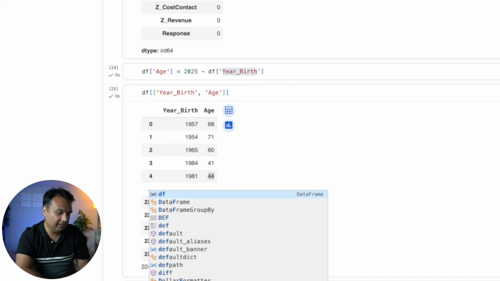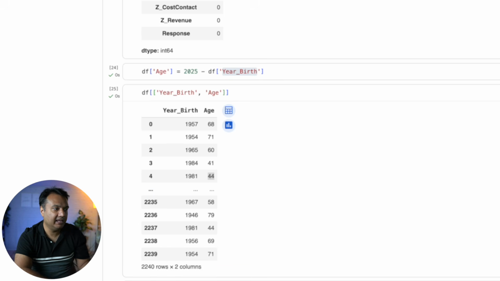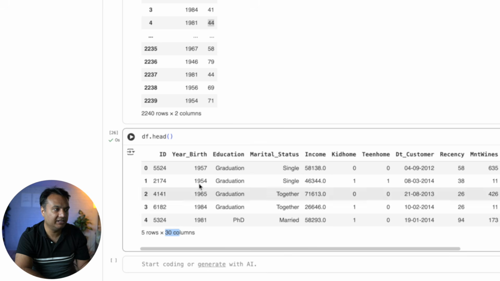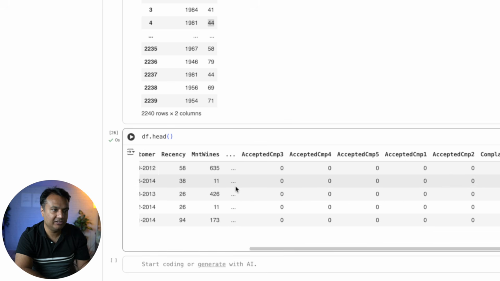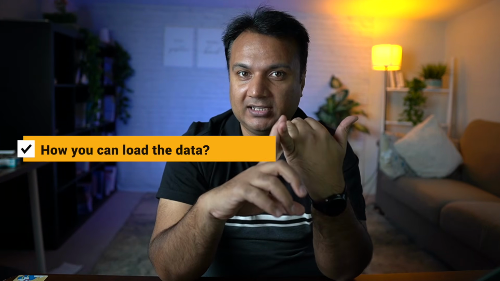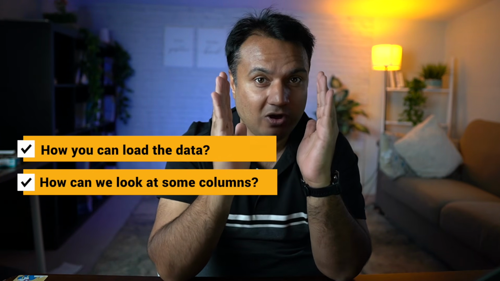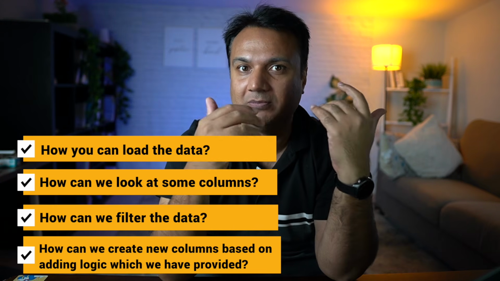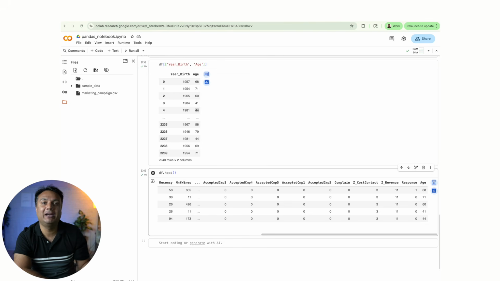And now if you look at the whole data frame, let me do df head again. You can see that instead of 29, now it has 30 rows, and it added the column of age towards the very end. Okay, so now we have looked at how we can load the data, how we can look at some columns, how we can filter the data, and how we can create new columns based on added logic which we have provided. The next most powerful thing to learn is how you do group by operations